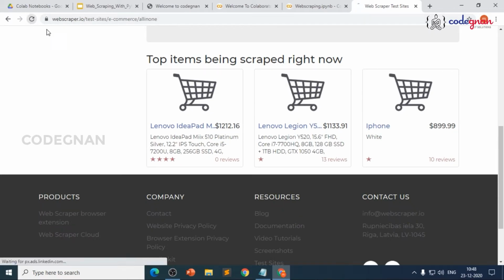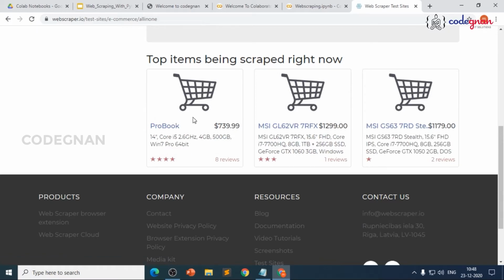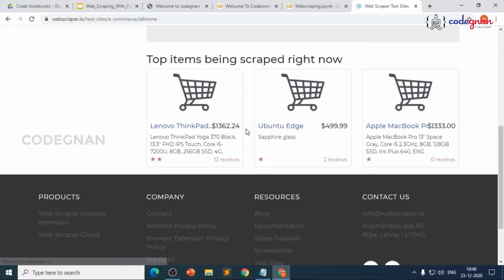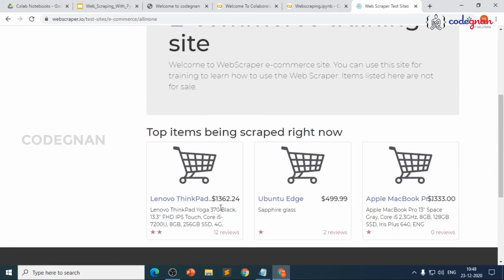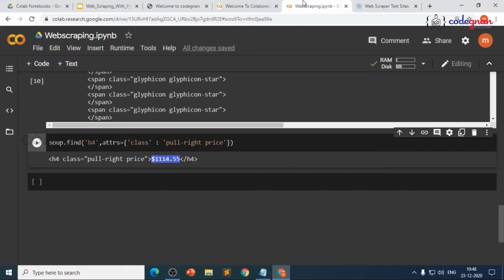So again if I run this, it will change. See? So we are getting the right information. Every time you make a new request, it is changing this price. Okay? So it is changing the price of the first element. So we have got this